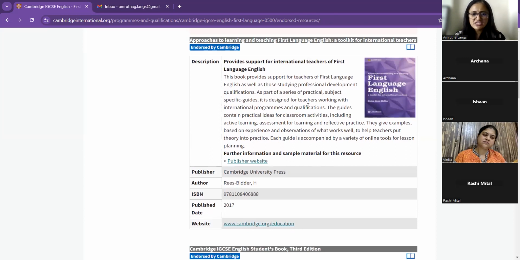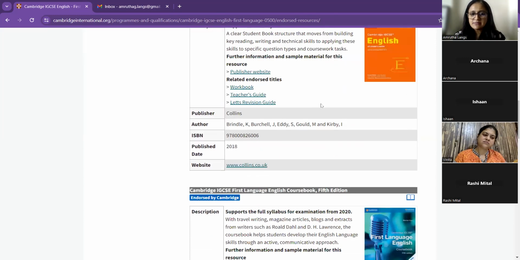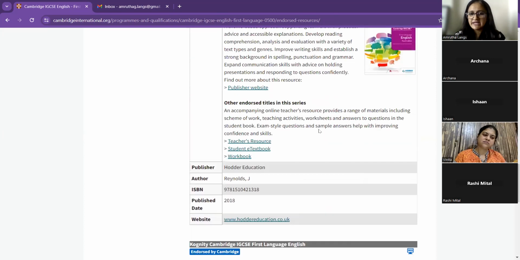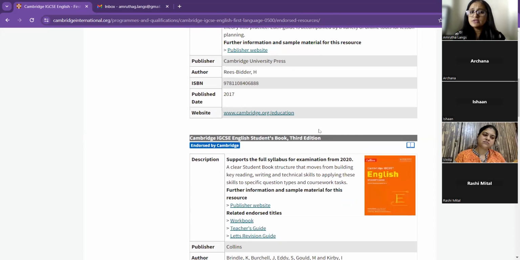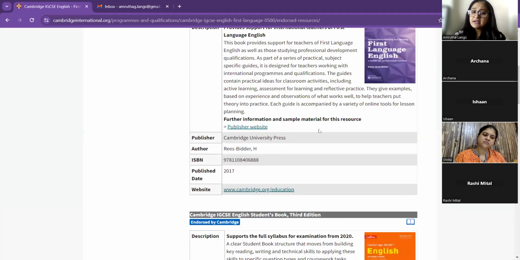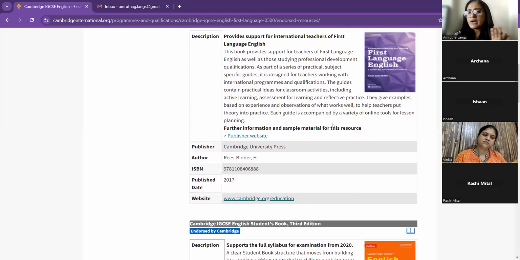So first language English textbooks, for example, you can see, they have given a wide variety. Now, if someone is passing on the old textbook to you, but you see that the published date is valid on the textbook, why not go ahead and take it? As simple as that. Why waste money then? You might as well use the